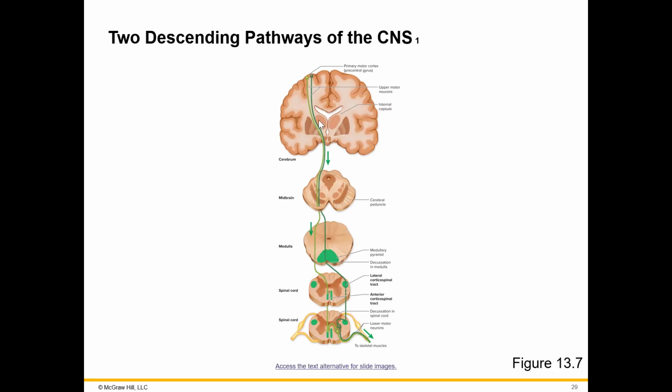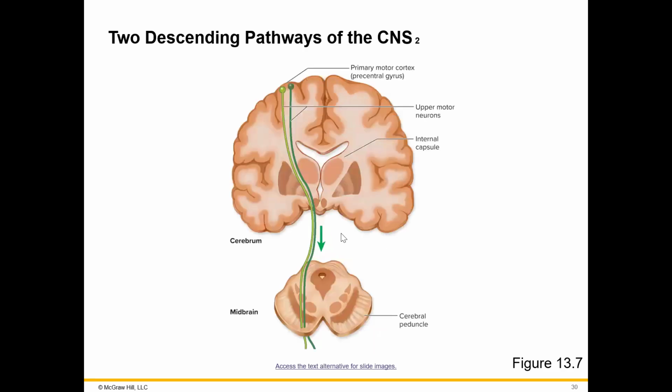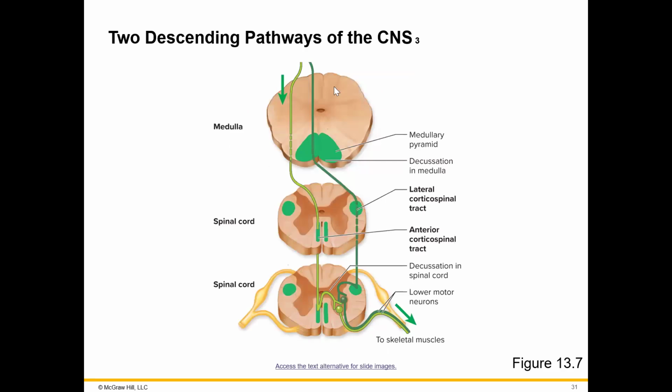So one of them is going to be ipsilateral, and one is going to decussate here at the medulla. So you have the cerebrum, and this is the midbrain, and that's the medulla, and this lateral corticospinal tract is going to decussate in the medulla. While this,